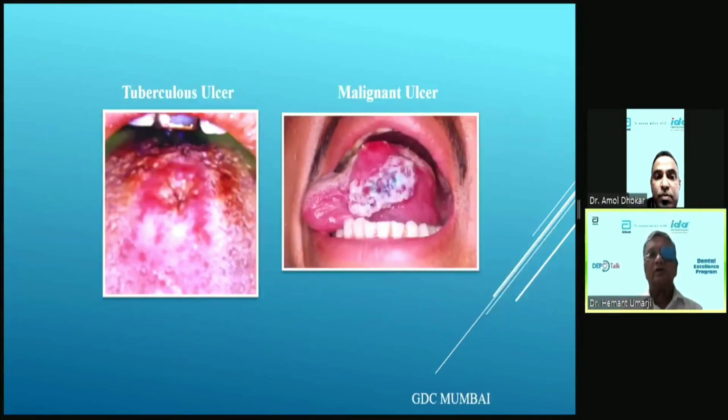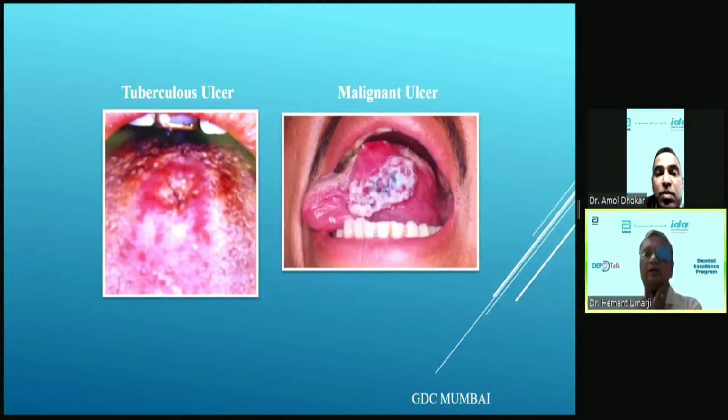So, tuberculous ulcer and malignant ulcer. Tuberculous ulcer is supposed to have undermined edges, and the patient will give a history of tuberculosis. When he coughs violently, the tongue may get traumatized, and the sputum, which has organisms, gets implanted inside the ulcer and gives rise to more infection, and that is a tuberculous ulcer. Unless you treat tuberculosis, this is not going to go. And malignant ulcer, of course, is a very dangerous one. So traumatic ulcer, denture granuloma, tuberculous ulcer, malignant ulcer: these are single ulcers. If a single ulcer is there, this will be the differential diagnosis.